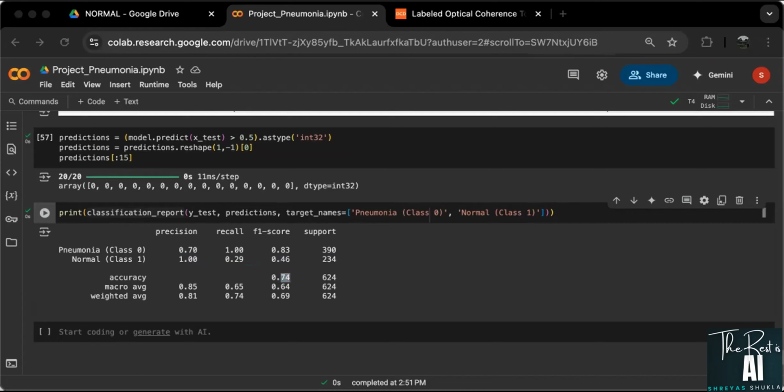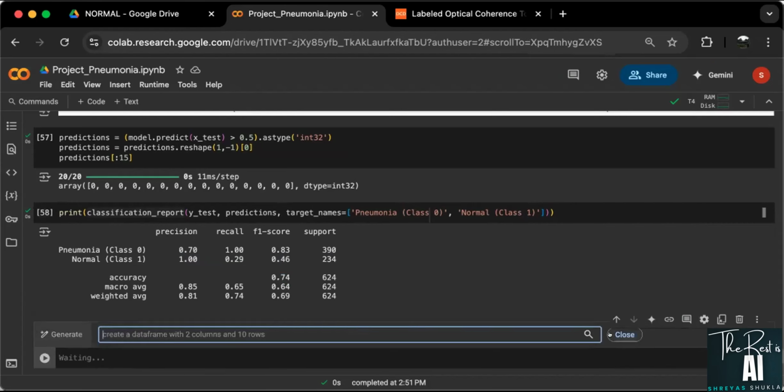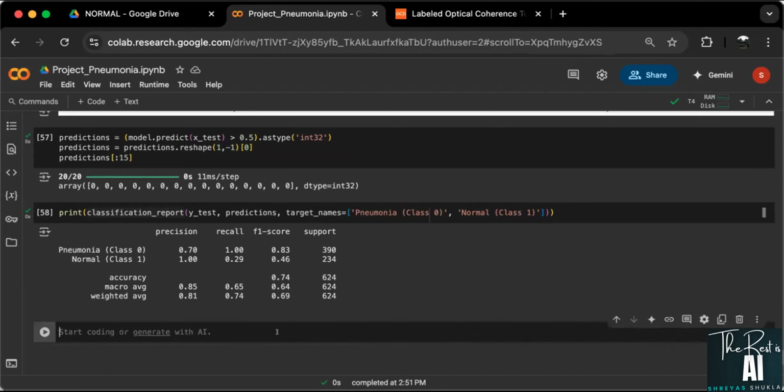And remember, I have used the Adam optimizer, not the RMSprop, because I think RMSprop will do much better. But maybe after I've run this entire notebook, I'll run RMSprop and show you the result as well. But for now, let us go to the confusion matrix, something that I have not displayed so far. Although we got the classification report, which is quite good, we'll do that. So CM equal to